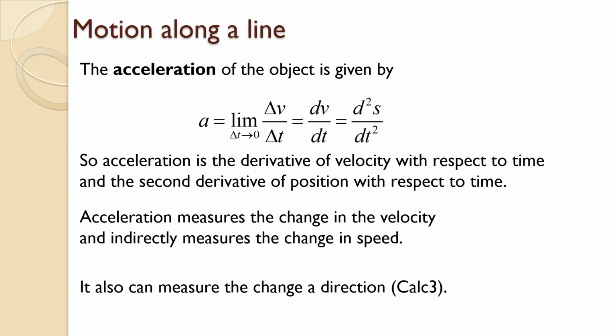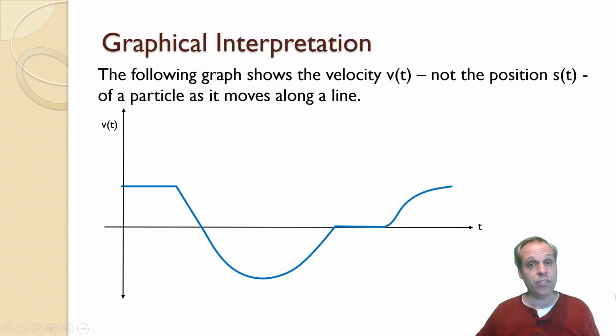Don't think acceleration is strictly changing speed, because it's not, because acceleration can be positive or negative. Later on, it will also measure a change in direction. Right now, on a number line, we have only two directions, left and right, so there's literally not much to do there. So let's revisit the motion of a particle moving on a line and the graph of the velocity